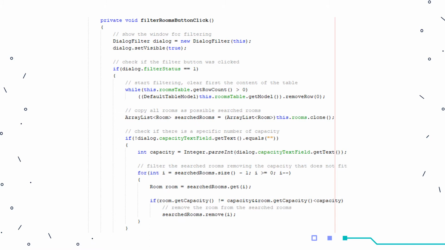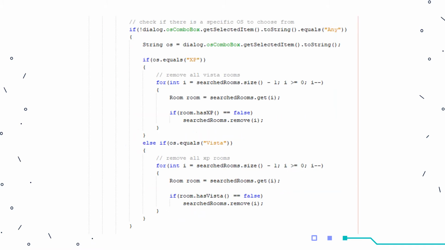And if it was clicked by user, we will start filtering and clear first the content of the table. And the program will copy all rooms as possible search room and check if there is a specific number of capacity. If yes, we will filter the search room by removing the capacity that does not fit and remove the room from the search room. And then we check if user wants a specific operating system to choose from. If yes,